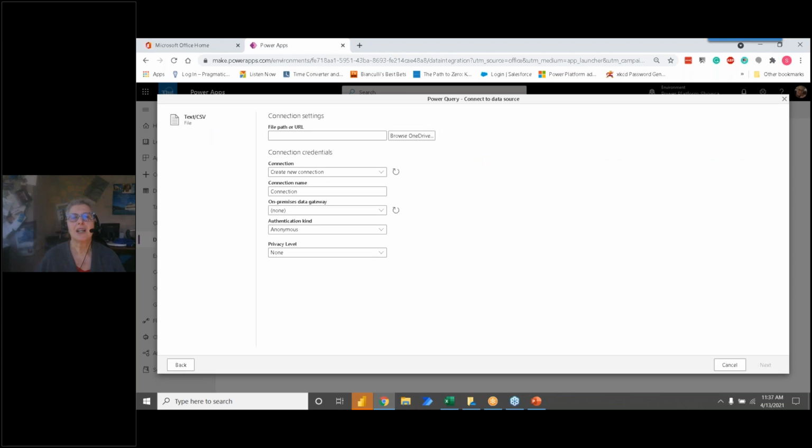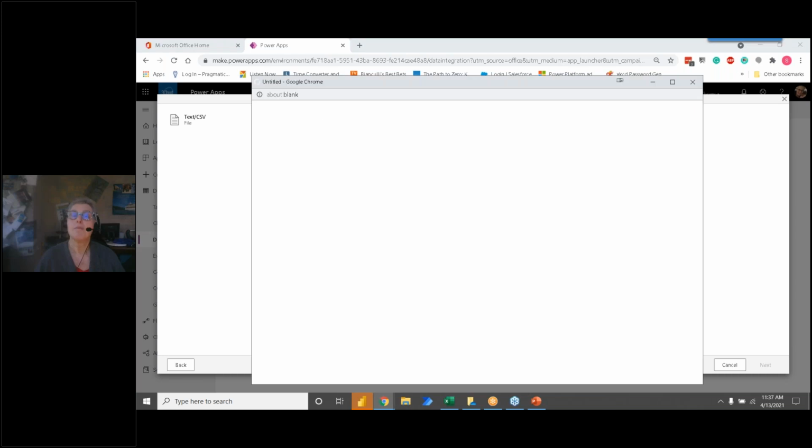And then I have to tell it where my file lives. I'm going to be using all online sources for this demo, but you can use on-prem sources, but to use an on-prem source, you have to have an operational, either a personal or an enterprise data gateway.